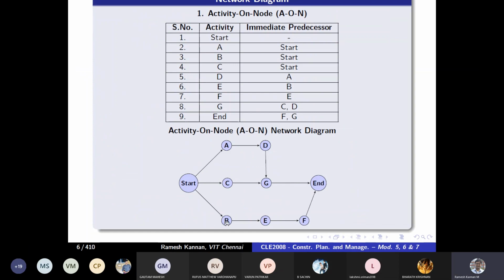I can draw C here and I can draw G here, but D will intersect another activity here. So here, if it is B, it is E. So D strikes off E, then it goes to G.